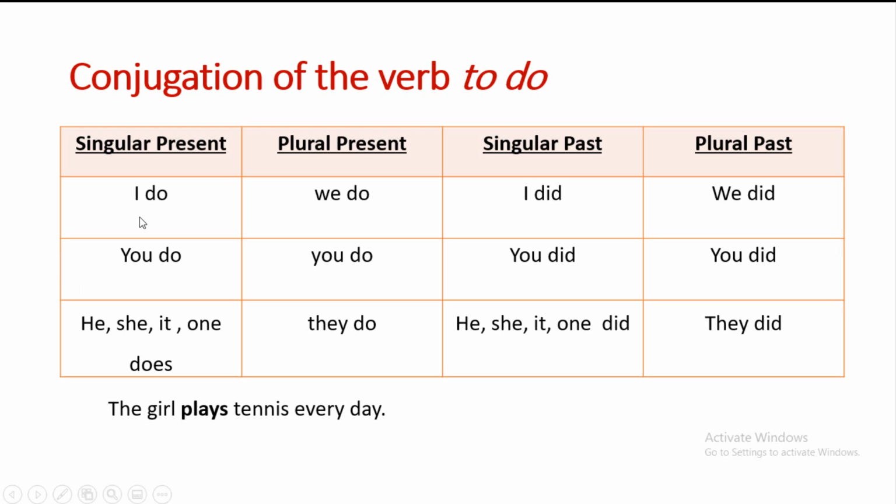we also have the verb to do. Okay, and the conjugation of the verb to do with he, she, and it is does. Okay, the girl plays tennis every day. So S indicates a singular verb that comes with a singular noun. All right,